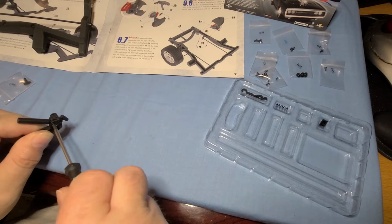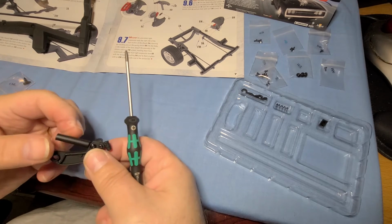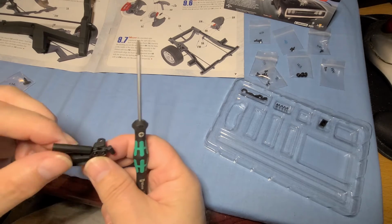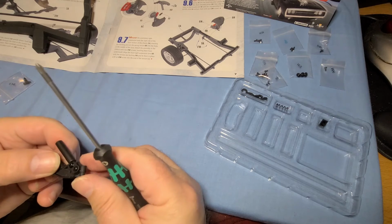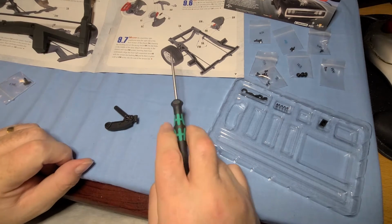Snug it down. It still has to move, so it just basically holds it in place. It doesn't really tighten it down. It just kind of holds it because it's going to move. So it's a moving part. So I'm done with that one. So okay, next step